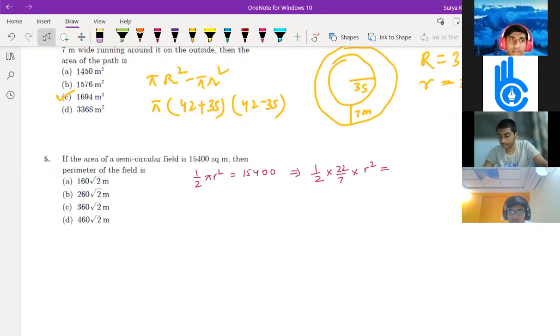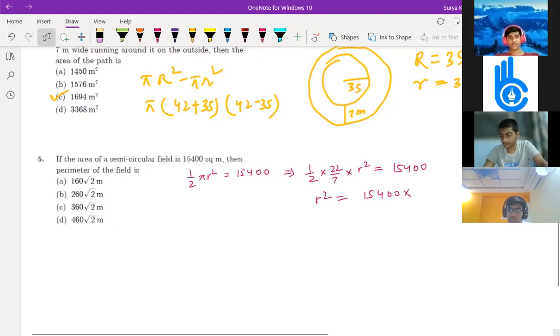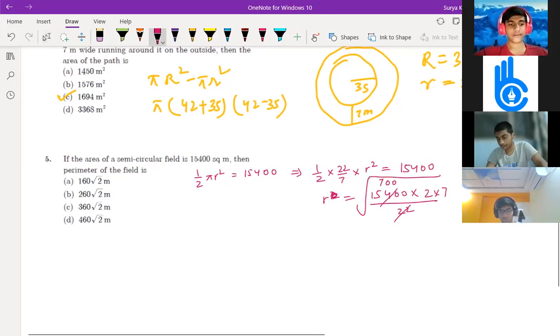There may be some relation between the area and perimeter. But the relation is there. From this formula only they find it: 2 into 7 divided by 22. So this will cancel 22. What will go? 7, right? 700 will come. If you remove, it means 700 into 2 into 7. So what you'll get here? 70 root 2. 70 root 2. Correct. Yes. So 70 root 2.